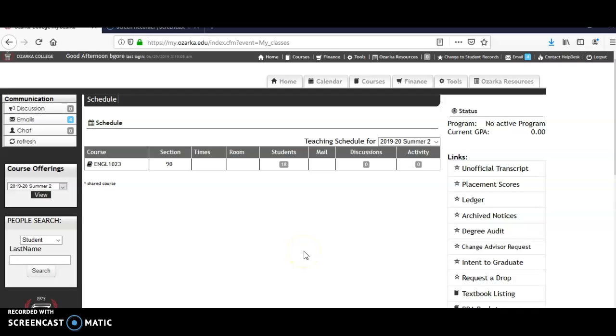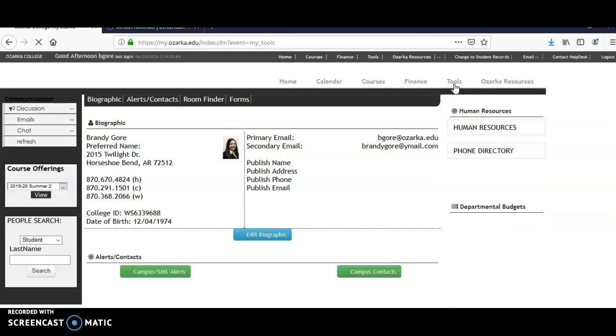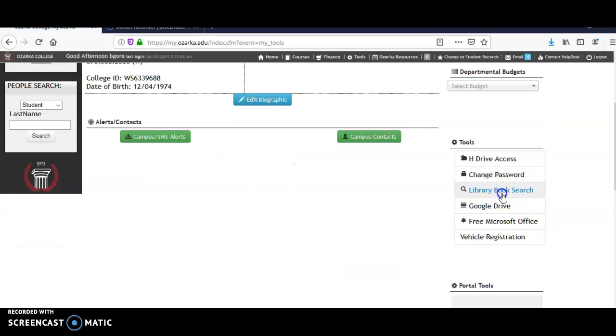Okay, we are going to discuss research using the library's databases. This is the recommended way for you to research because your sources are going to be credible. Also, the databases will usually cite for you, and so that's helpful as well. So you can go to the databases by clicking on Tools and then Library Book Search here on the right